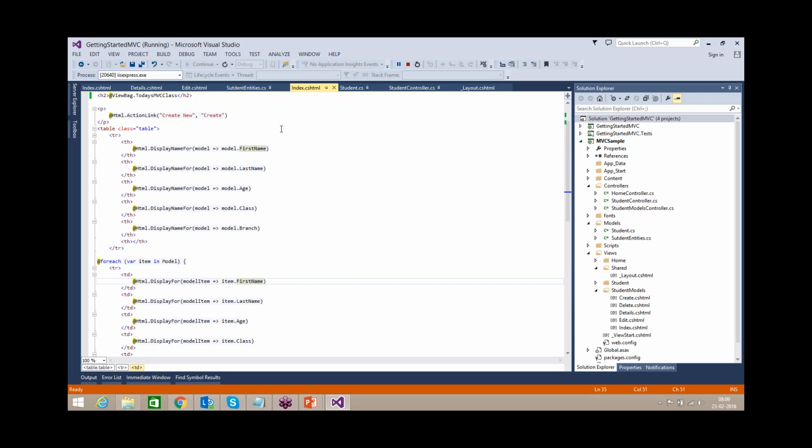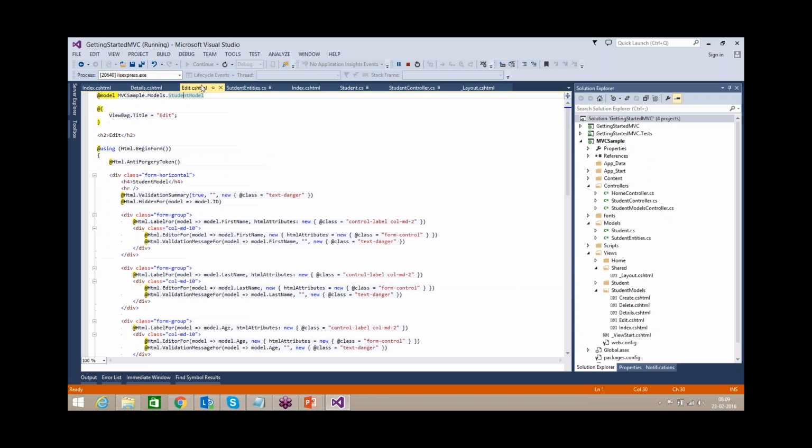Apart from this, if you try to access it in any other view or any other controller, it cannot be accessed. It won't get posted back to your server either, unlike ViewState, which passes all the data inside it to the server.